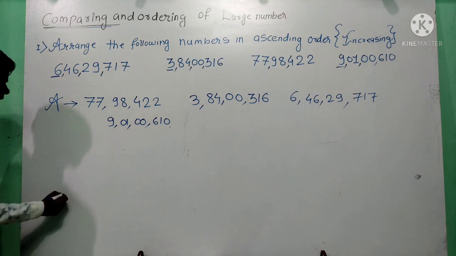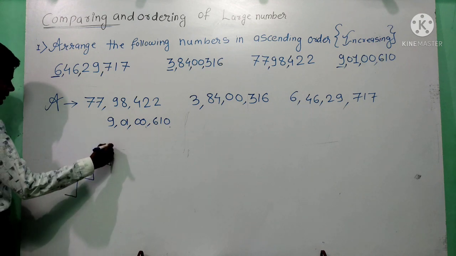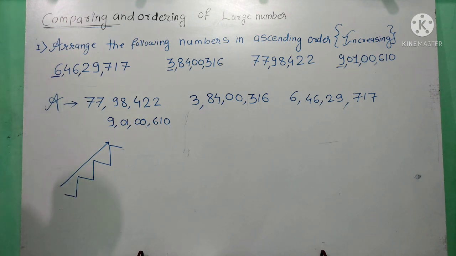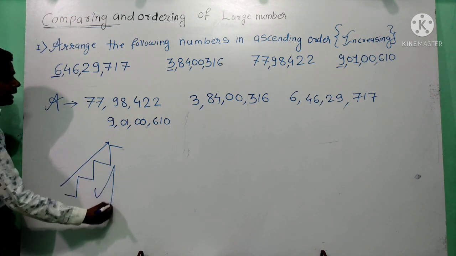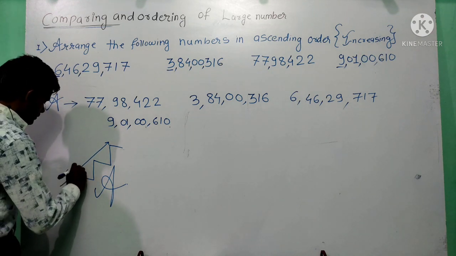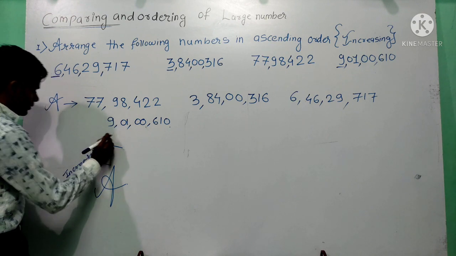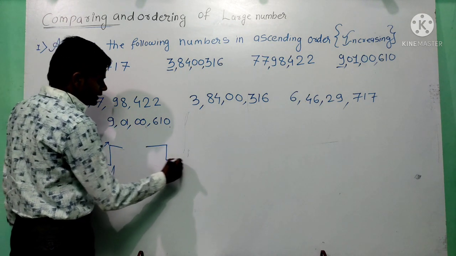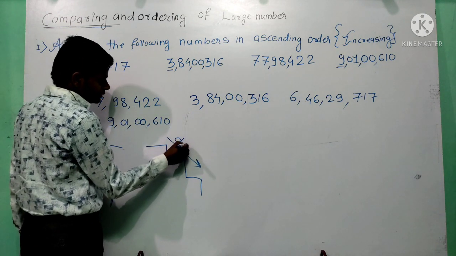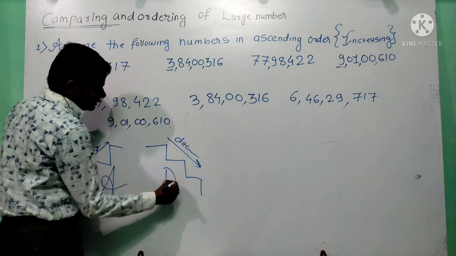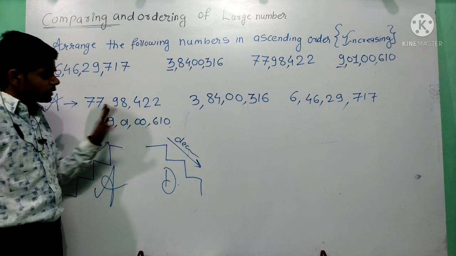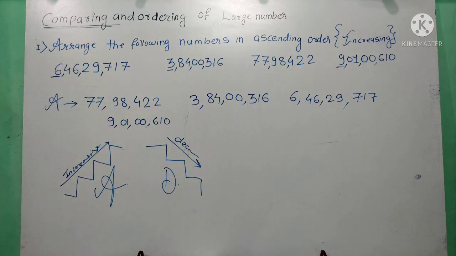Okay, what is ascending order like? Like this. This is your ascending order. Okay, if you are moving from smallest to greatest, which is the increasing order, that is ascending order. Okay, I'm writing only A. That is your increasing order. And what is the decreasing order? Which is descending order, like this. So that is your descending order, which is decreasing. You understand now? Okay, I will send the PDF. Okay, don't write anything. I hope you understand about the topics.